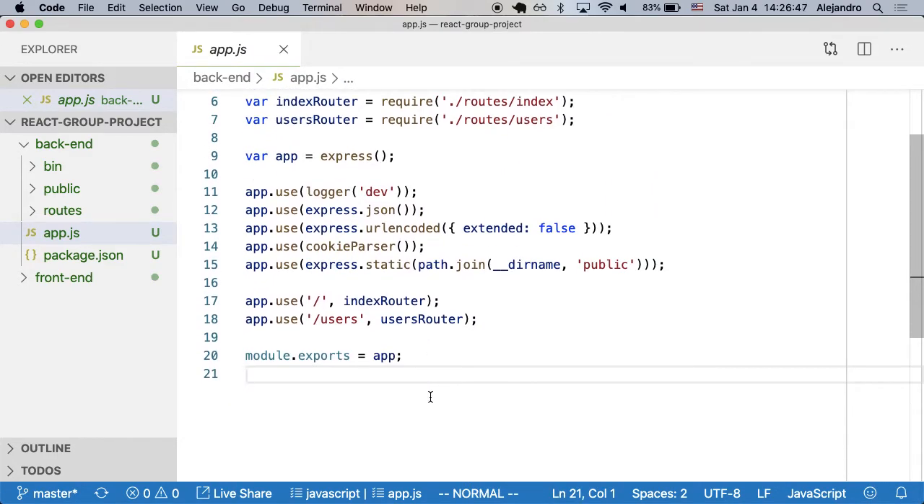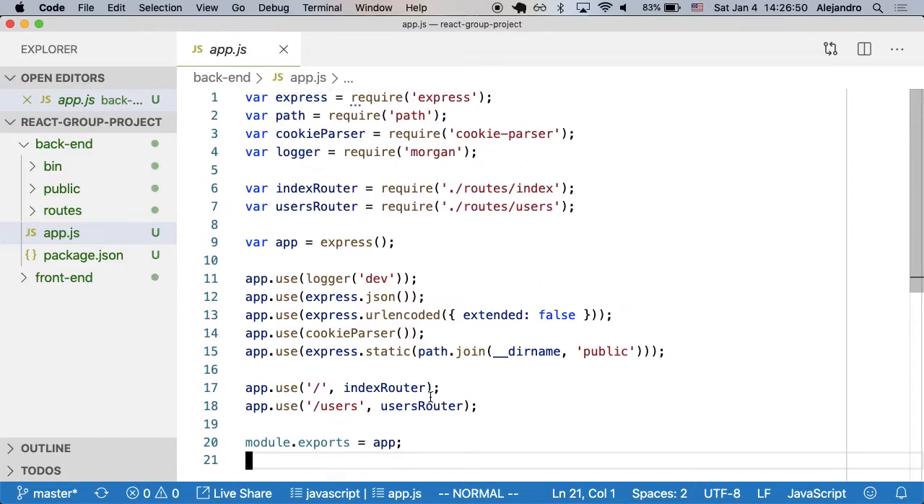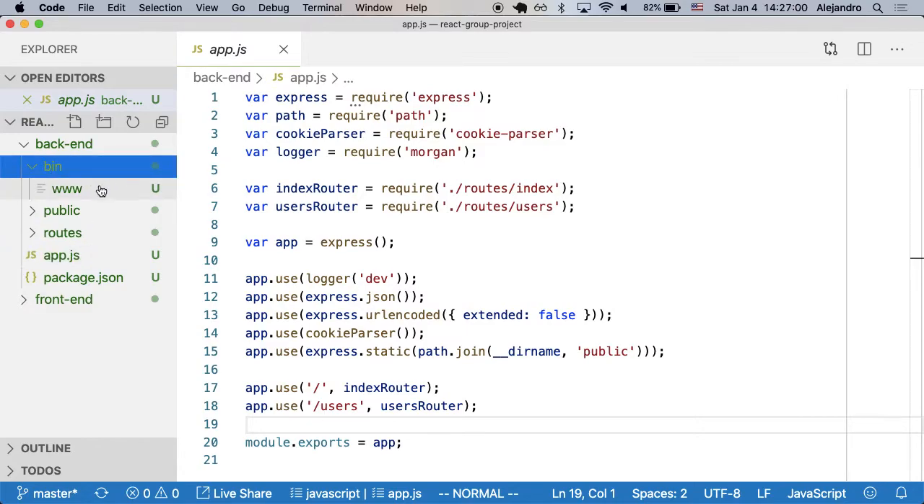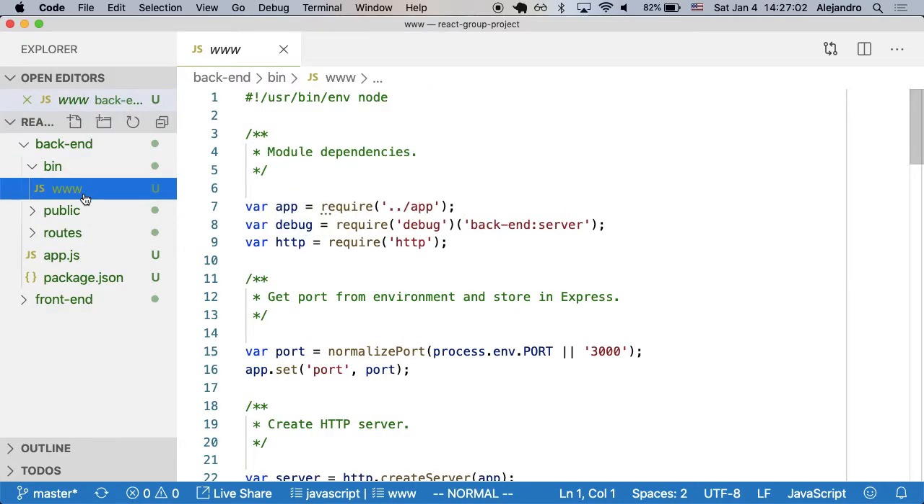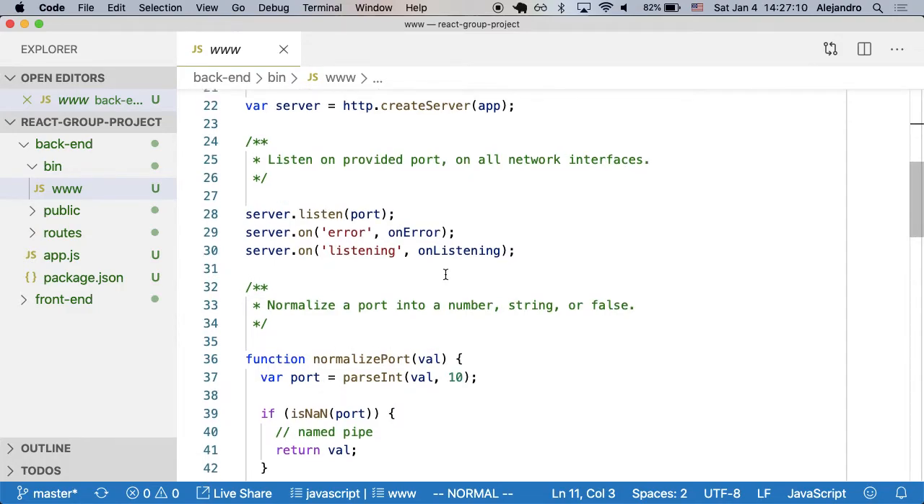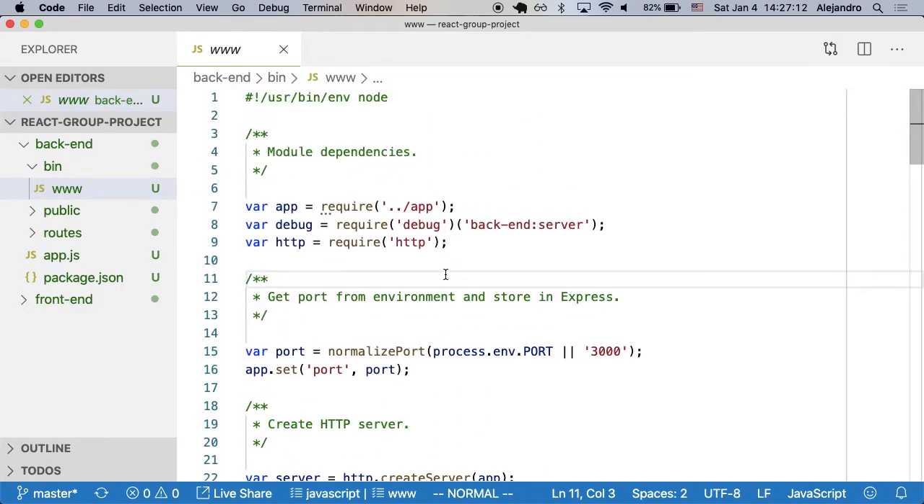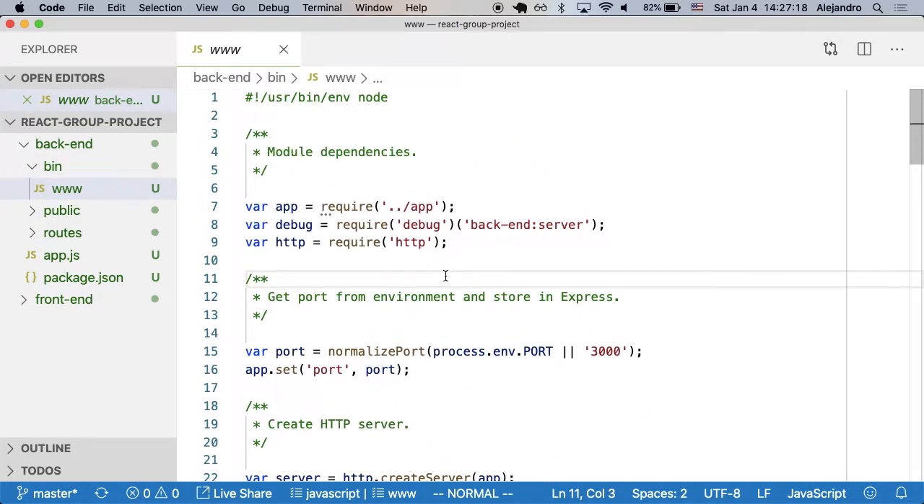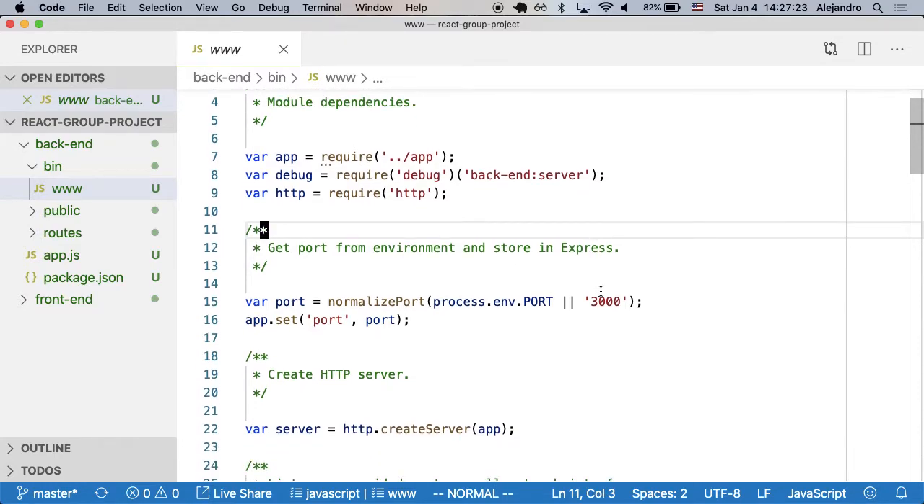One difference from here is that we are not using the port here. We're not setting the port just yet here. The port is being set in this folder called bin and www. www is a file, a JavaScript file, and in here we in fact don't need to touch this file much. We're going to need to make a small change, but this is a file that is doing some setup for us. What it's doing is setting the port,